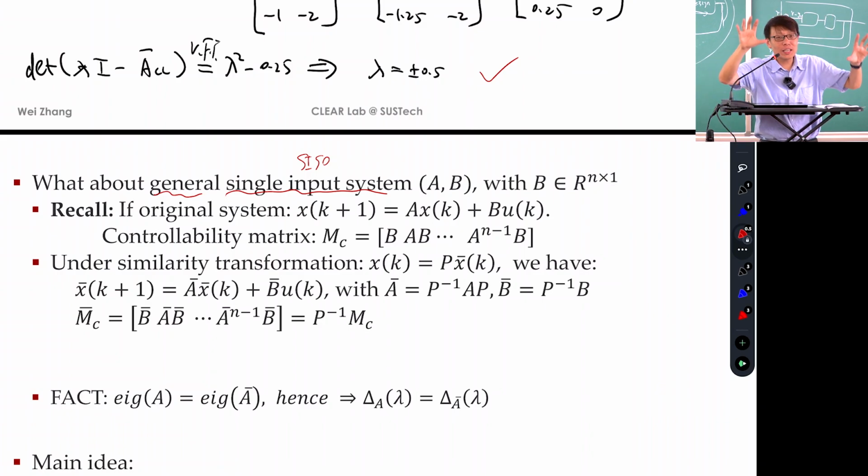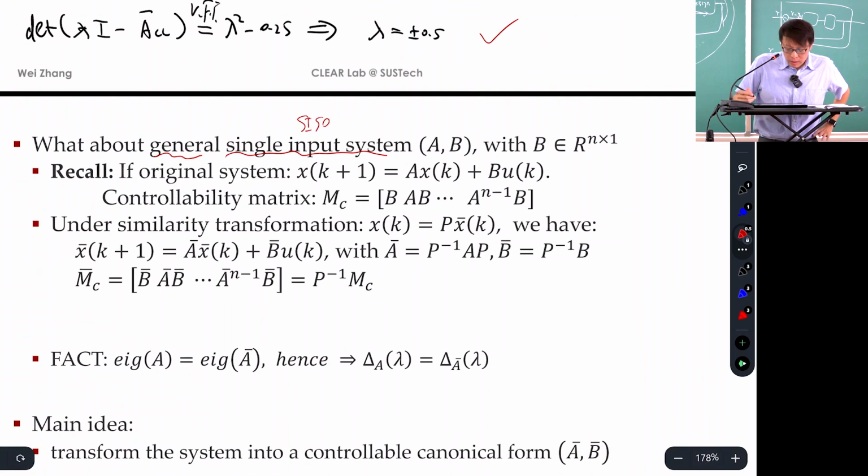By changing coordinates, your system can be described, if the system is controllable, can always be changed to a controllable canonical form, always. If it is controllable, you can do it. Then you design, then you go back. That's roughly what's going on. We learned that from the last lecture,